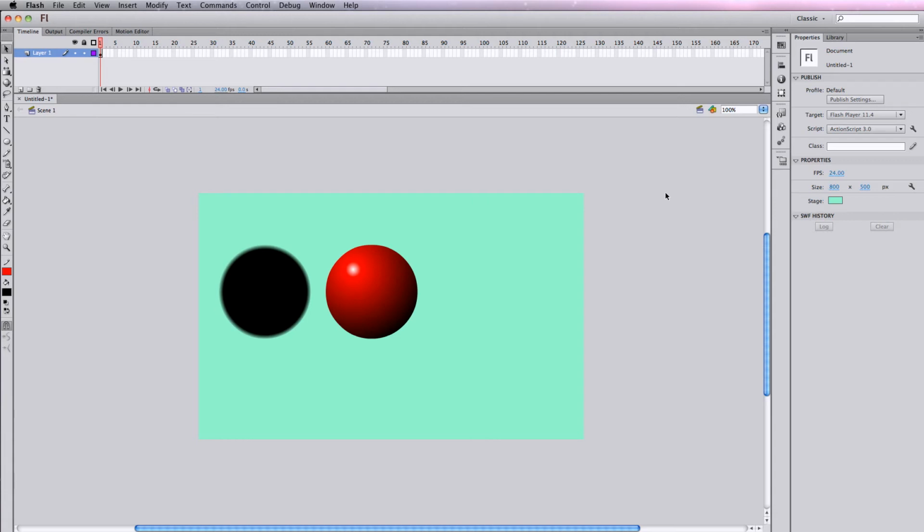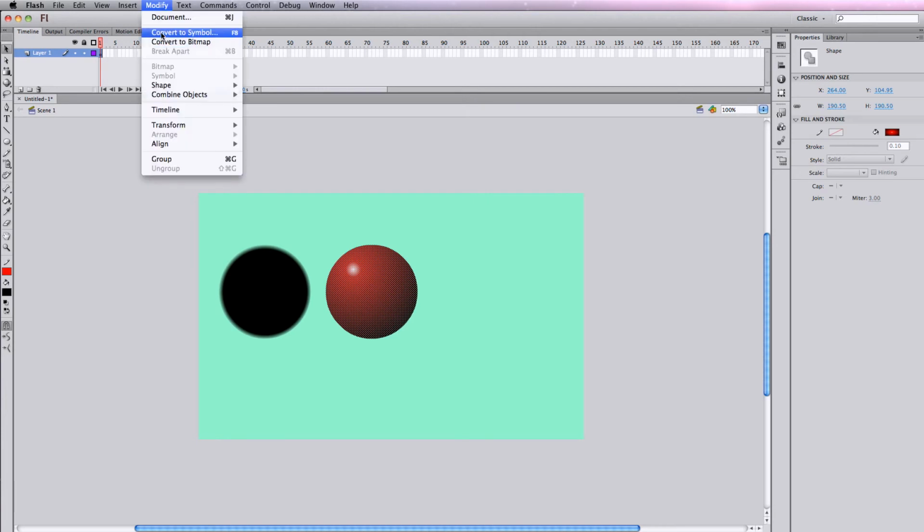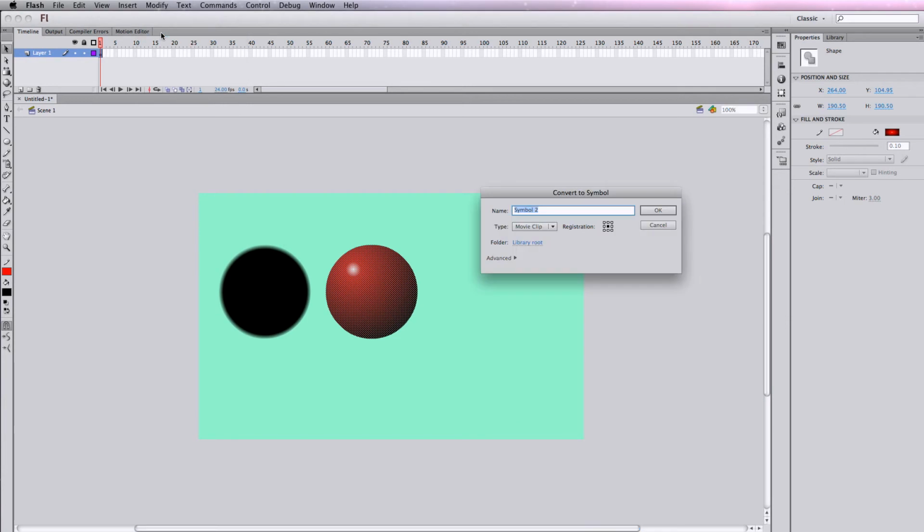So looking at the same principle, we have keyframes, but we also have a couple of rules. One of those rules is that we cannot tween a shape, any collection of strokes and fills that we create. Things that we create with the Flash drawing tools are shapes. So one of the things we want to do is convert these to symbols. Now, there are 3 types of symbols. I'm only going to worry about one of them today. I'm going to hit Modify, Convert to Symbol, which you can see is F8. And I'm going to go ahead and make this a graphic symbol